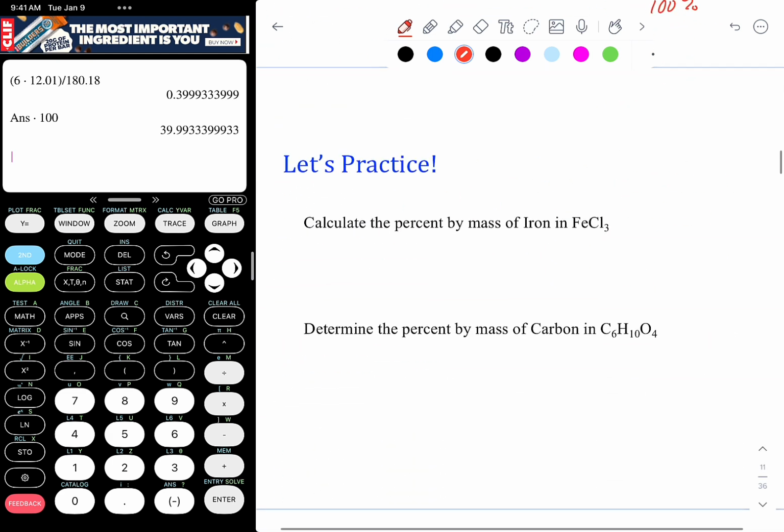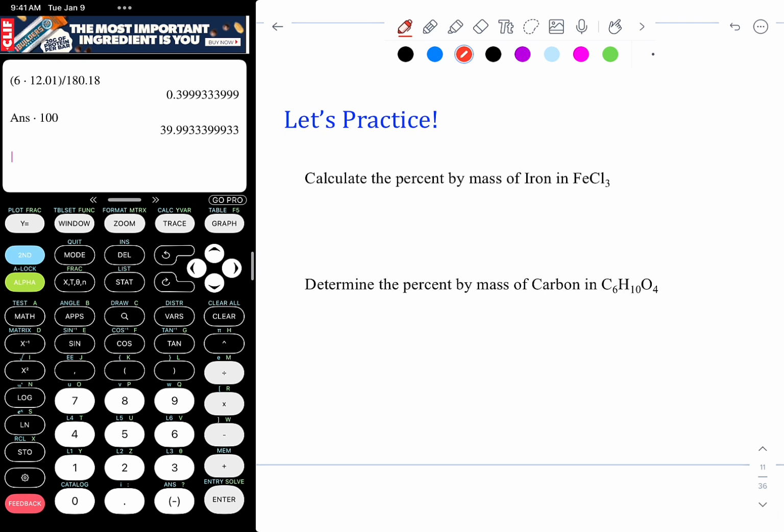Okay, let's keep it going. Let's calculate the percent by mass of iron in FeCl3. So the first thing that we want to do is find the mass of iron 3 chloride. This is iron 3 chloride. I'll name things as we go. Okay. So iron 3 chloride, we take the mass of iron,